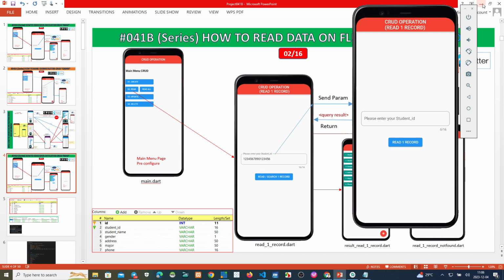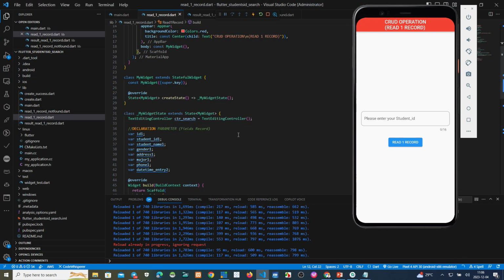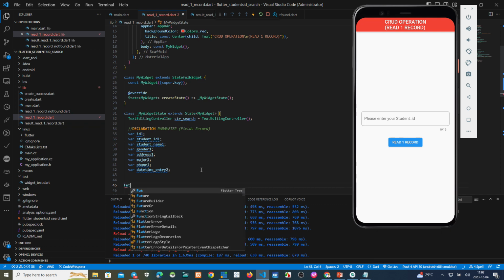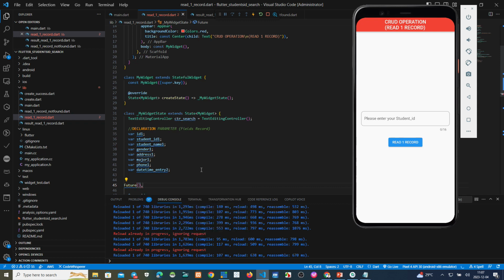So now we must make an asynchronous function here. Make this one an asynchronous function, Future void.